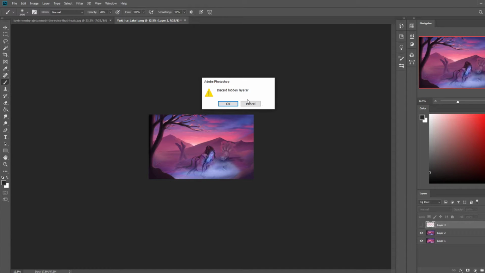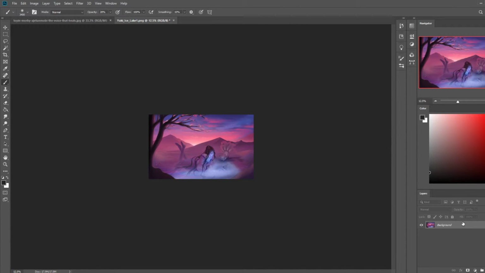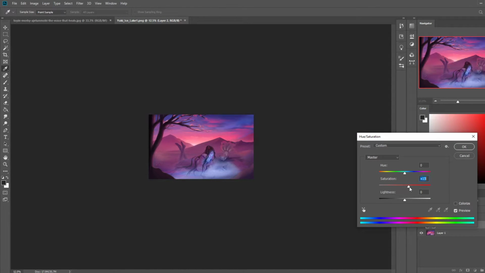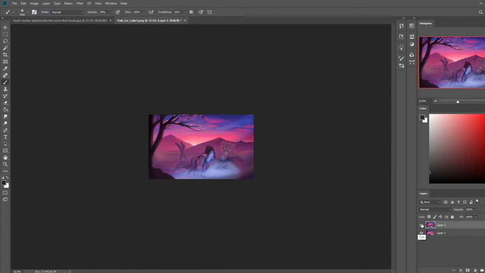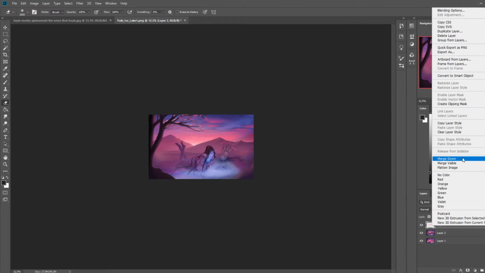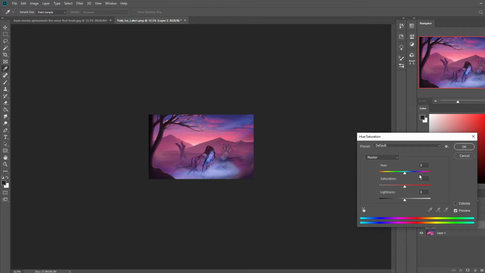You can still bring up the saturation, sorry. You can still do something with that. Actually, I'm going to keep this layer and lower the opacity of it just a touch. Delete that far side, and then lower the opacity, sorry, and then just saturate this scene.